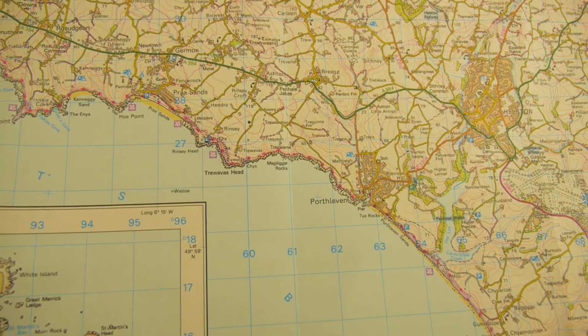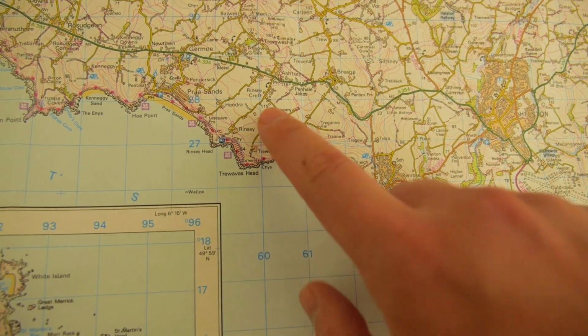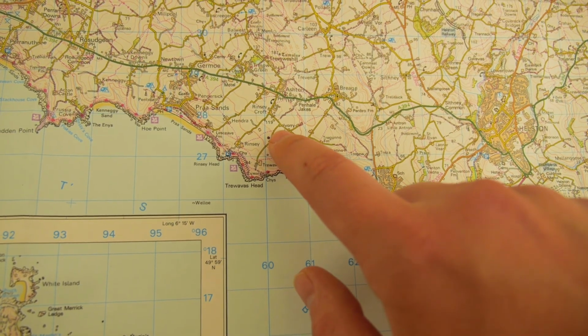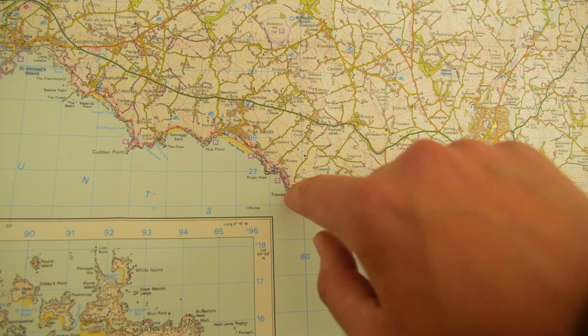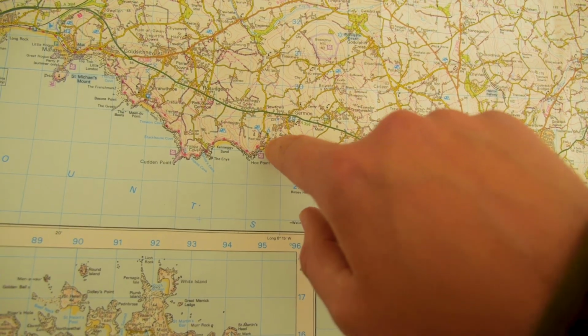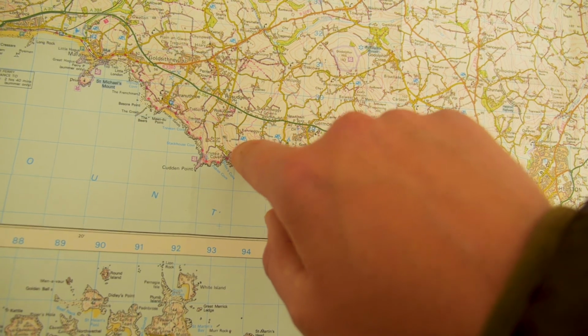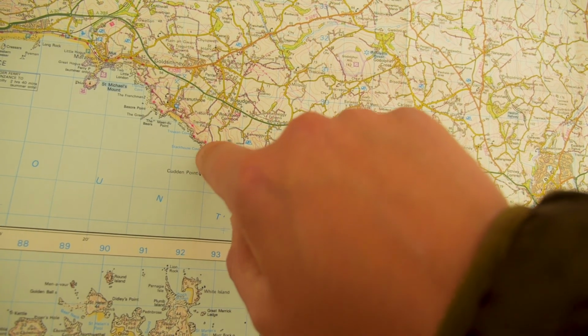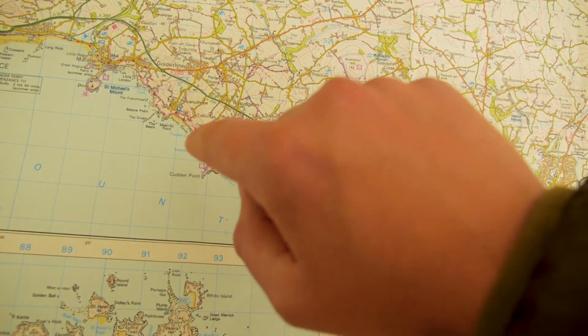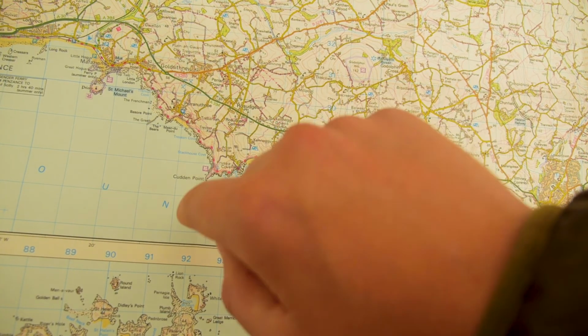Right, just to recap the last couple of days, this was our campsite yesterday, just past Porthleven. So we took this road down to the coast and then started following the coast path here. We went past Prussia Cove, and all of this was really hard work. It was going up and down quite steep inclines and declines,